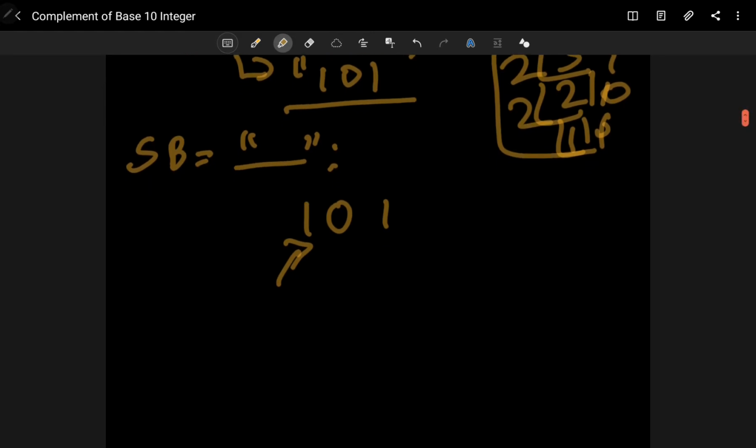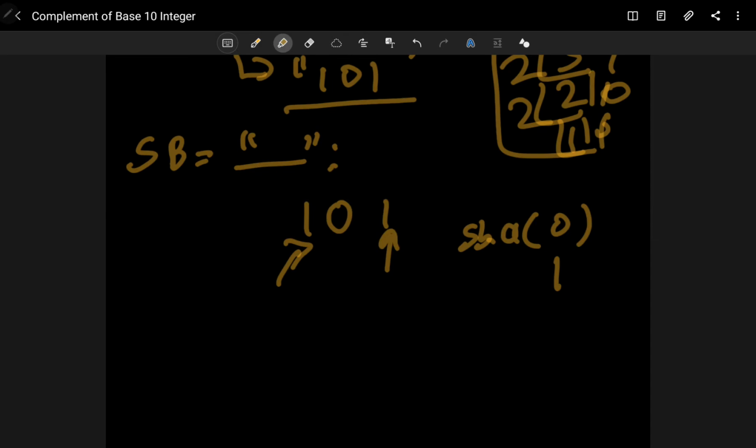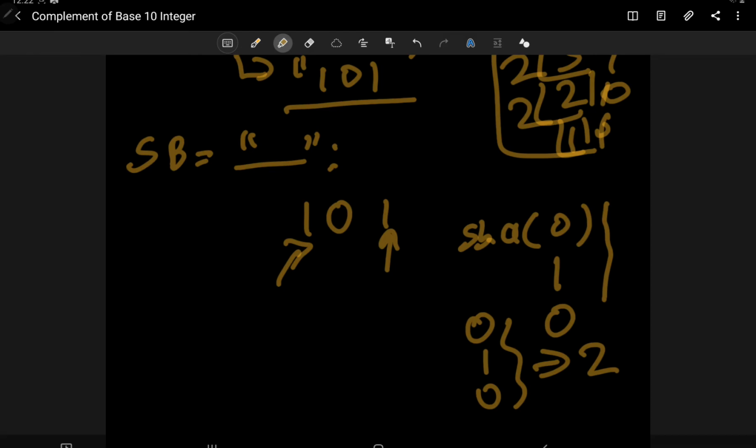If it is 1, then I will append 0 to our StringBuilder, so it will be sb.append 0. Then we will go to the next bit position, where it is 0, so we will append 1. Similarly we will go to the last bit. In the last bit I see it is 1, so I will append 0. After that I can see my answer is 0 1 0. Then we can convert it to decimal and return the same. So this is one approach using which we can solve it.